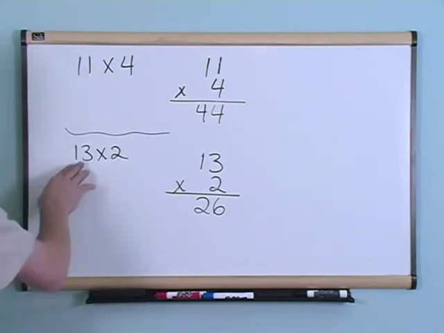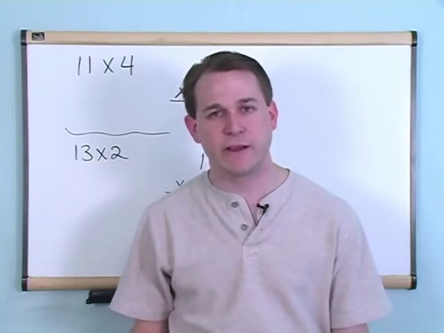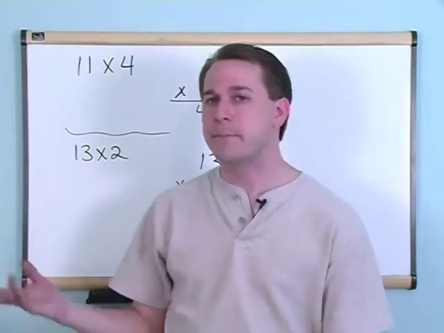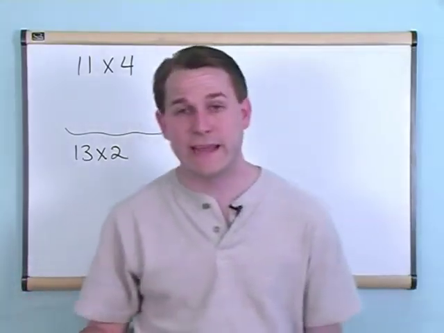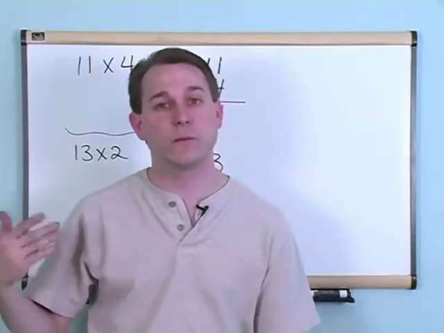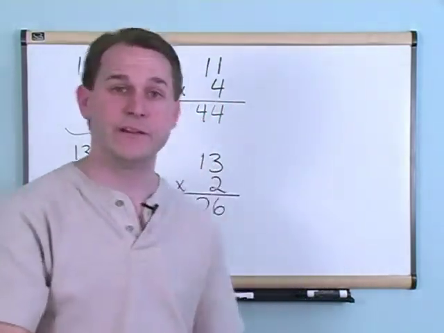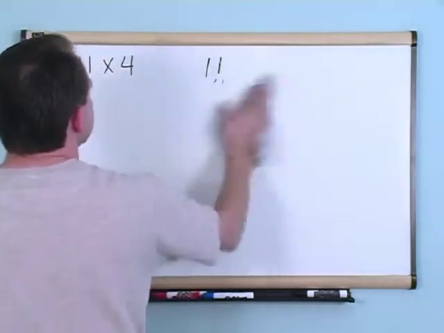So you see, 13 times 2 is probably nothing that you would ever memorize in a multiplication table. You probably don't remember what that is. But using some very simple multiplication that you do remember, you can get the answer. So we're going to build on that. We're going to get bigger and bigger, and we're going to work more complicated problems, and you're going to get the hang of how to do this really, really easily. Okay, so